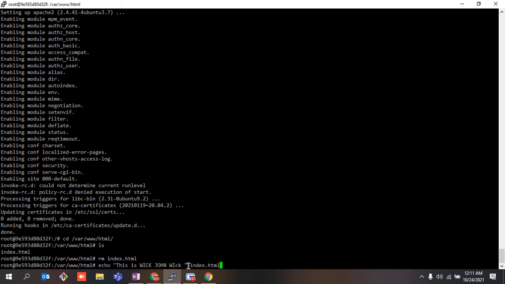I hope you guys know the importance of this particular symbol. This will simply output all the contents that we have written into the index.html file.